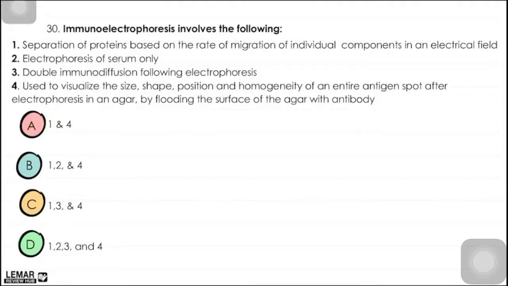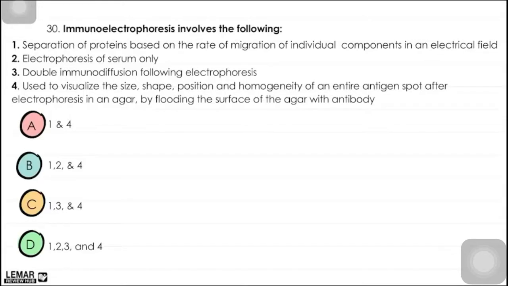Or number 4, used to visualize the size, shape, position, and homogeneity of an entire antigen spot after electrophoresis in an agar by flooding the surface of the agar with antibody. So, ano daw po doon sa mga statements yung